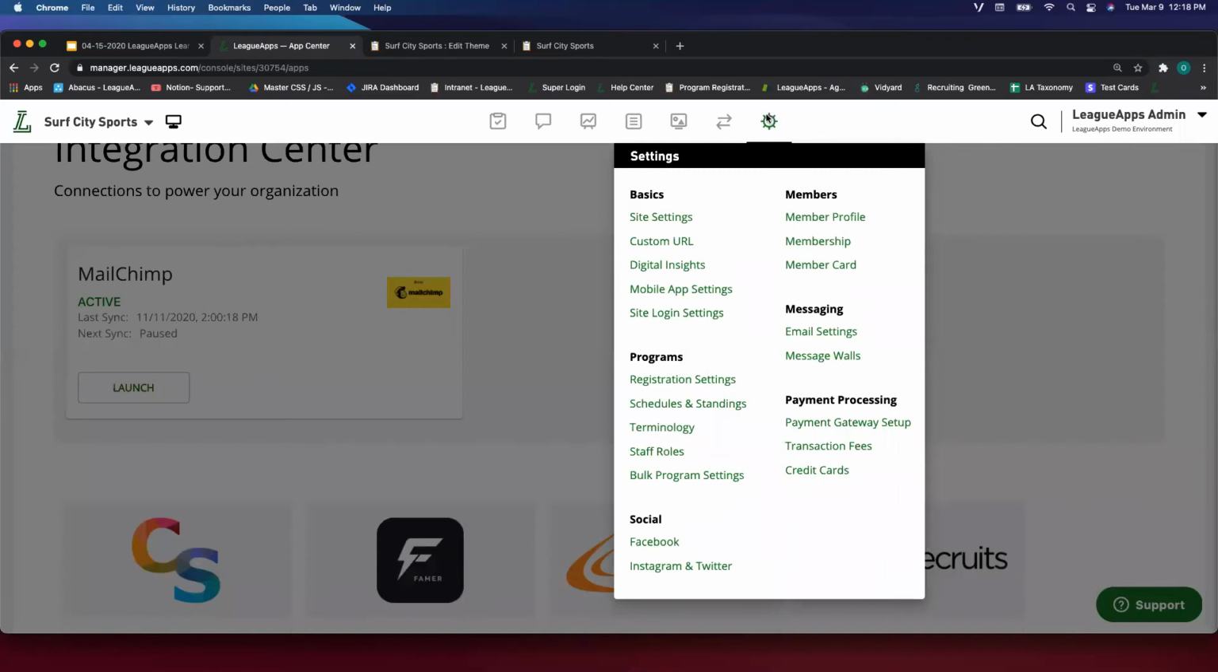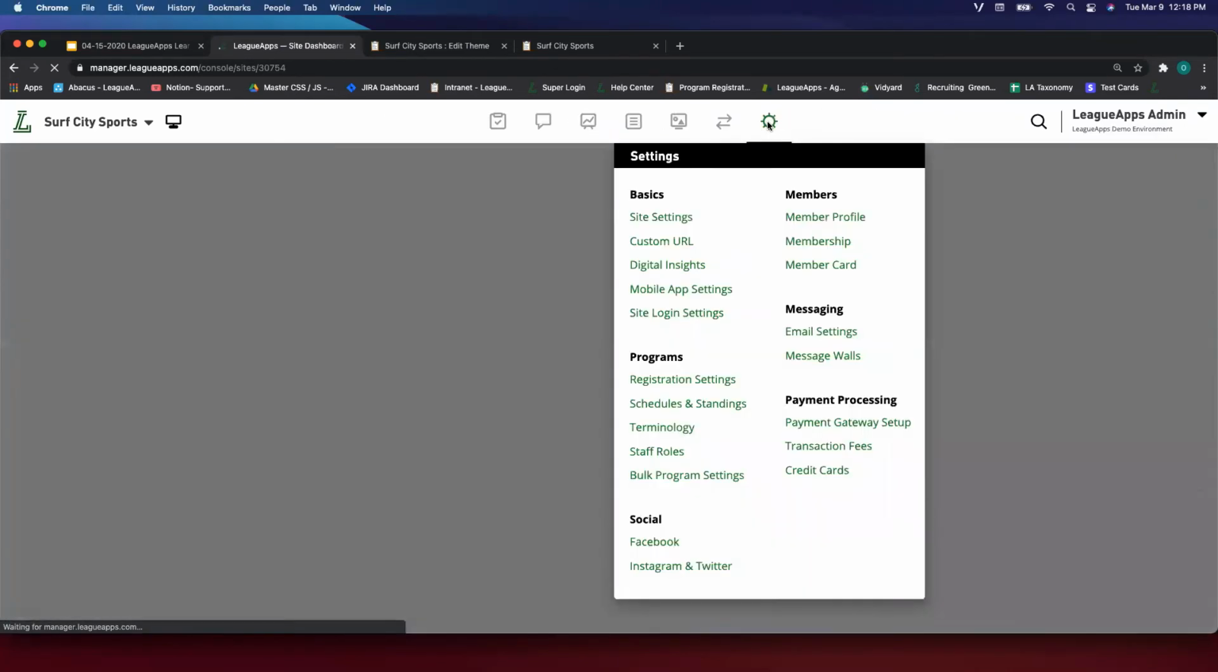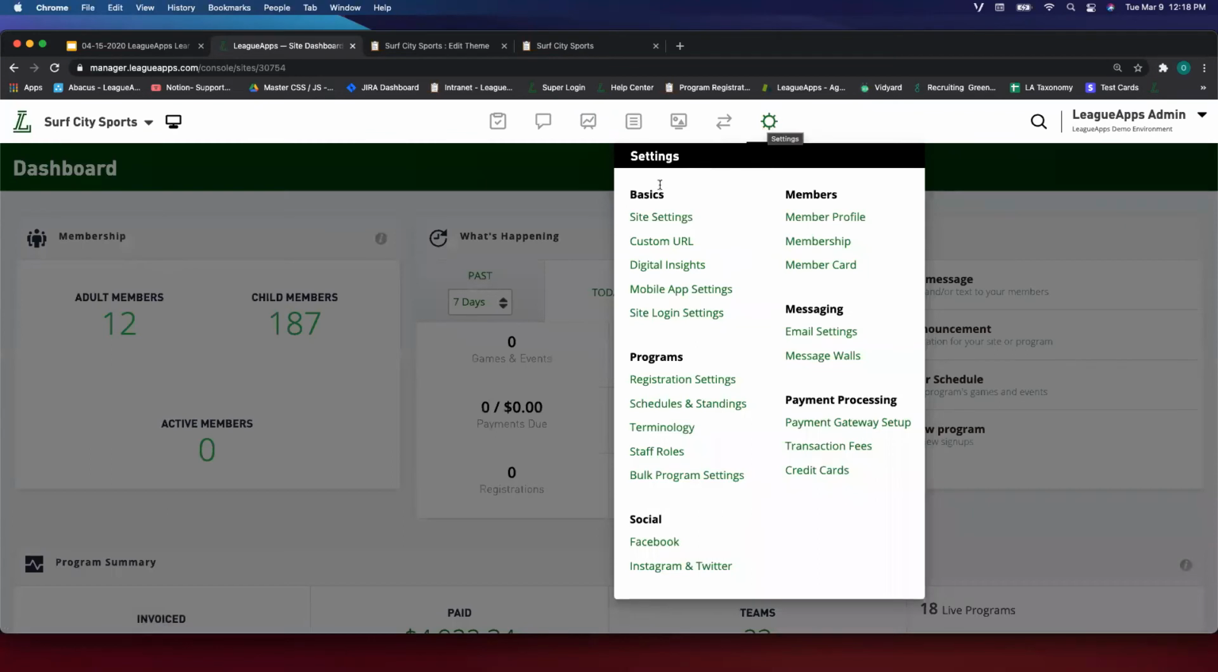So next part is what I would imagine as the most important part. This is your settings. This is going to be your site level settings. So under basics, you're going to have your site settings. This is going to be the place you change your domain name, you change your